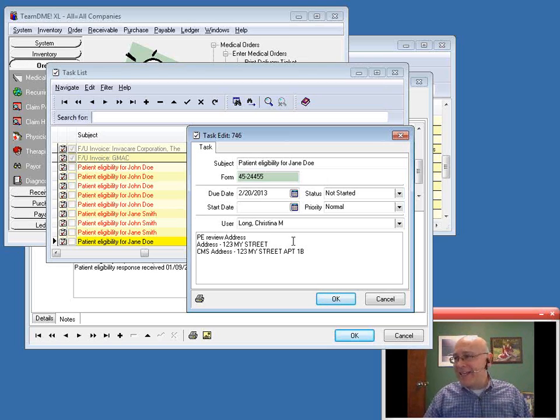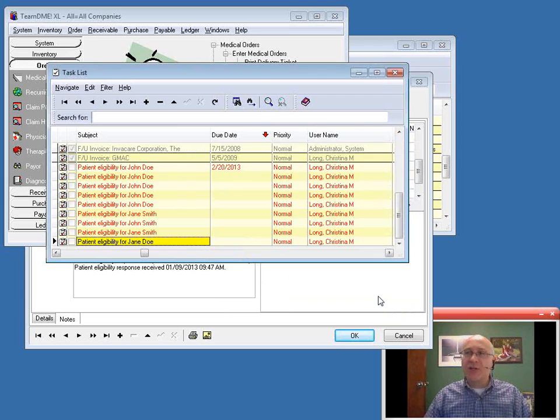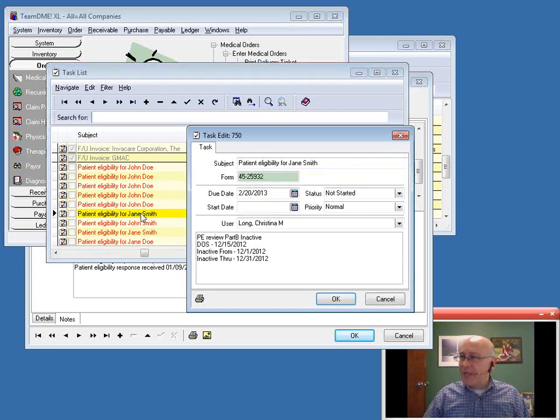So you might look at that and go, I don't care that Medicare says Apartment 1B, and so I'm just going to delete that task. That is entirely up to you. What you do with the task is, of course, up to you, but we want to basically provide that information for you. Now, what happens with it, let me see if I can find one